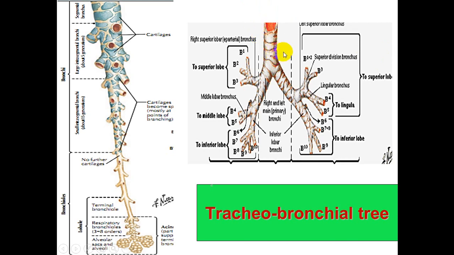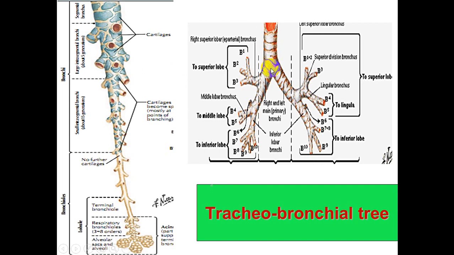In cadaveric persons and in supine positions, the trachea ends at the level of the 4th thoracic vertebra, which is also the level of the sternal angle. In a living person in erect position, especially during inspiration, this level may descend down to the lower border of the 6th thoracic vertebra also. The relations and details of the trachea have been discussed in the superior mediastinum. So now we'll discuss the details of the bronchial tree.